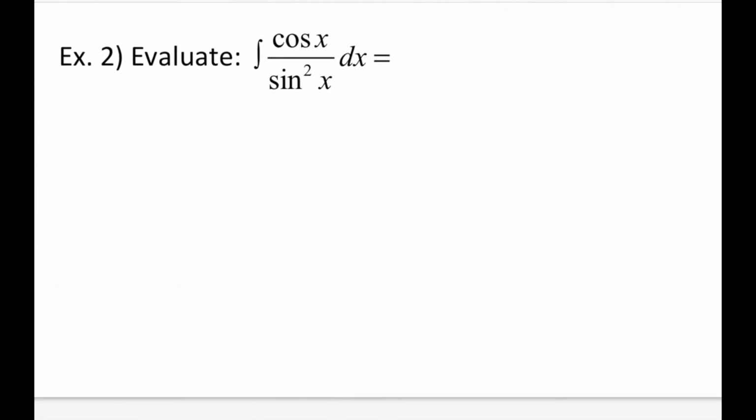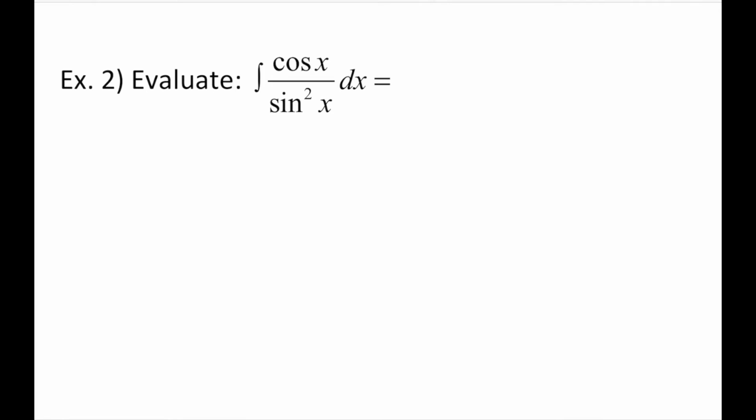Let's check out the next one. Integral of cosine over sine squared dx. I'm going to rewrite this. This is going to be 1 over sine x multiplied by cosine x over sine x dx. I do that because I need a little bit of trig manipulation to make things a little bit more pretty